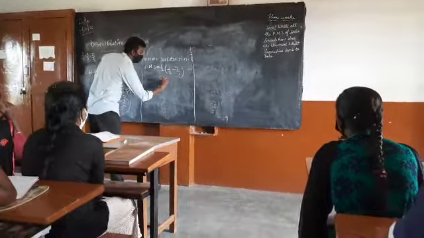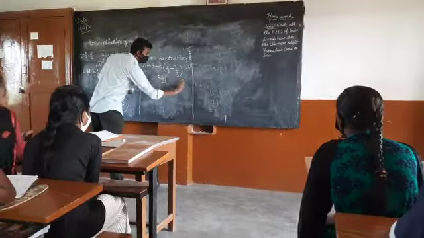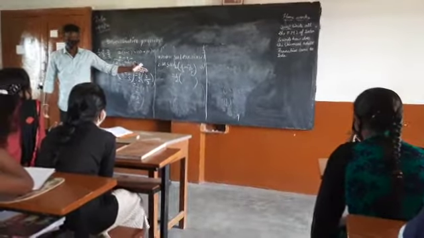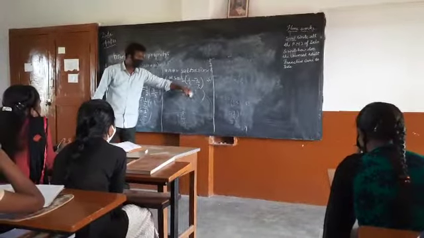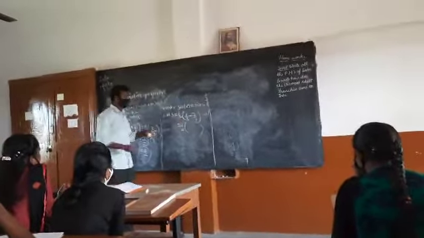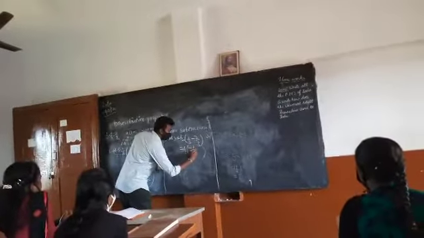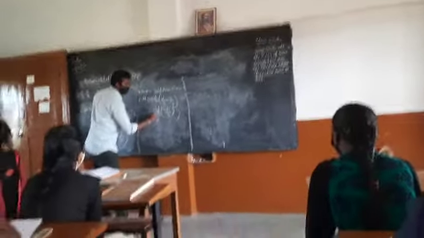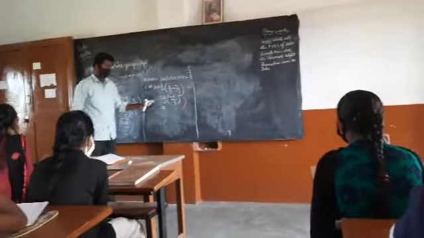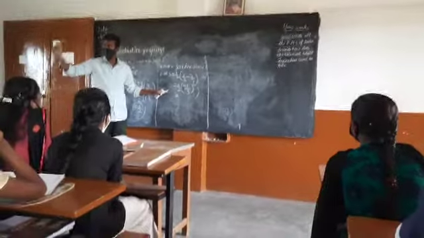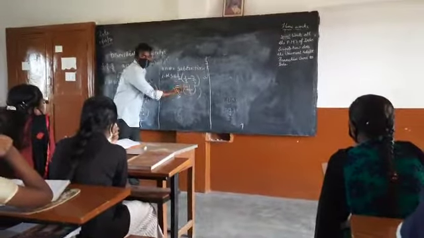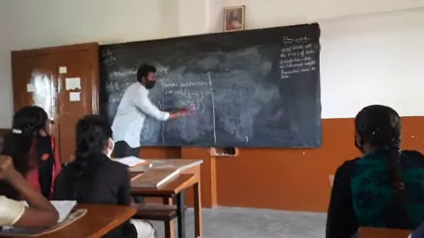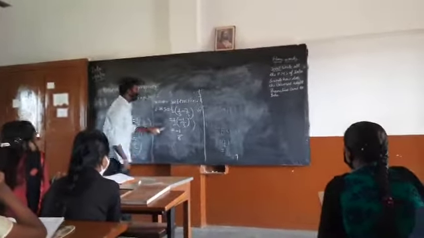As we need to solve the brackets first, how does 1 by 3 minus 2 by 3 come? Minus 1 by 3. You got the advantage of having the same denominators. Then 1 by 2 into minus 1 by 3. What do you need to do? Numerator into numerator, denominator into denominator. 1 into minus 1, minus 2 into 3, minus 1 by 6. This is LHS.